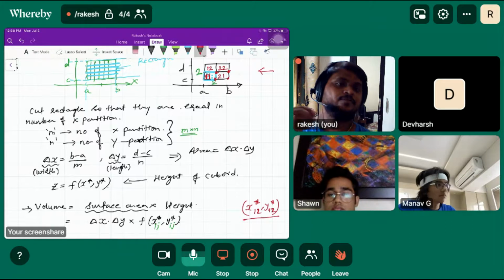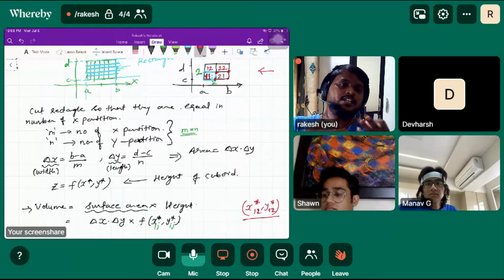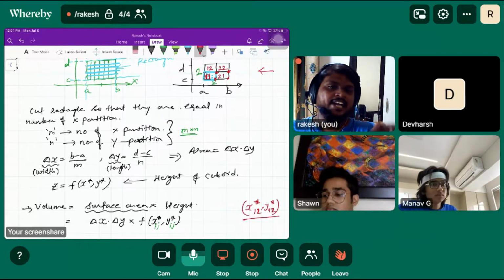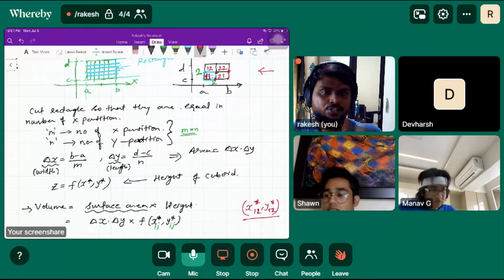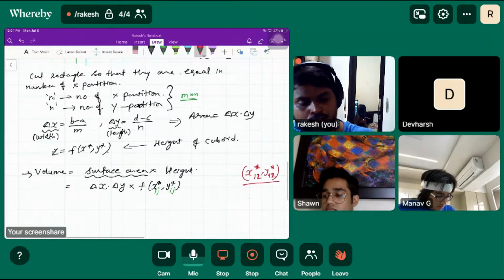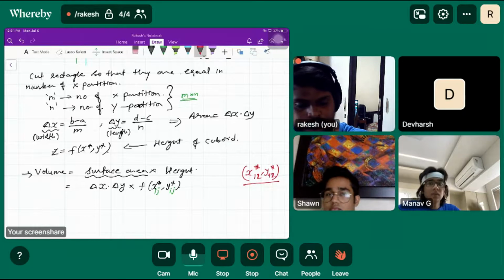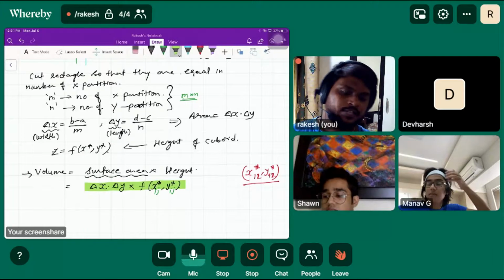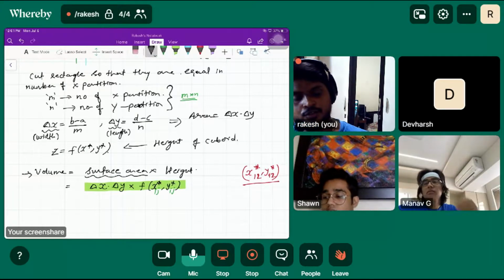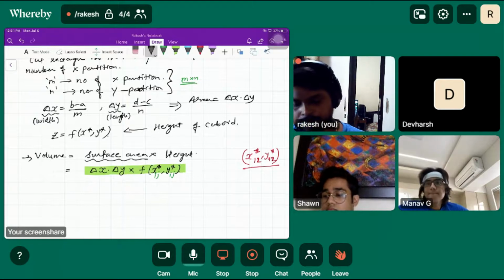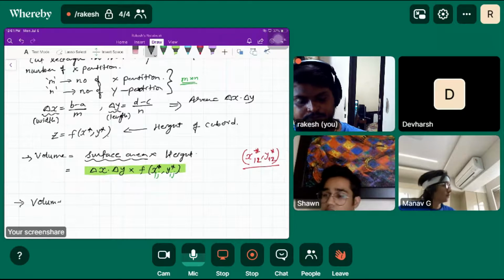So basically we can differentiate these points based on the position of the rectangle, and the position of the rectangle can be understood by the values of i and j. Okay, so this is the volume of a cuboid, right? So how do we find out the total volume under the surface? By doing summation.